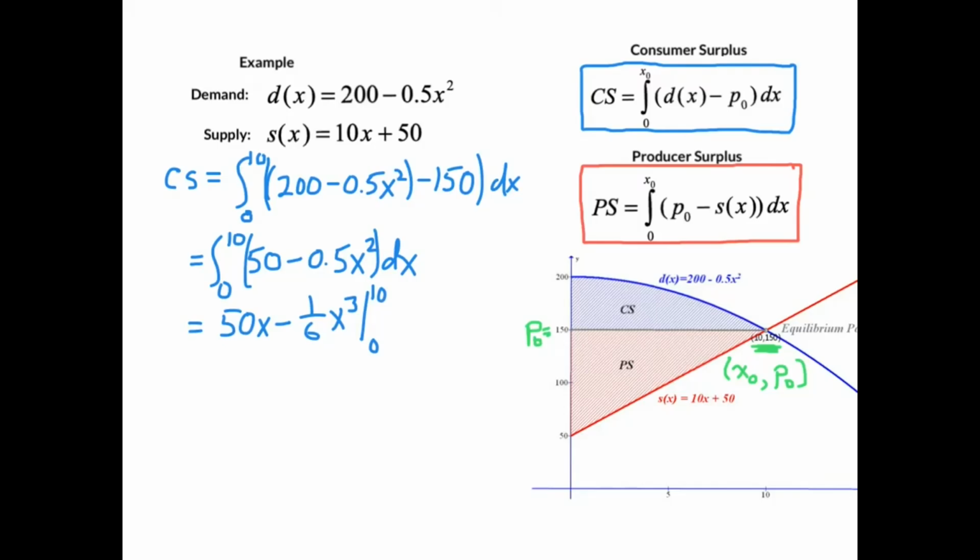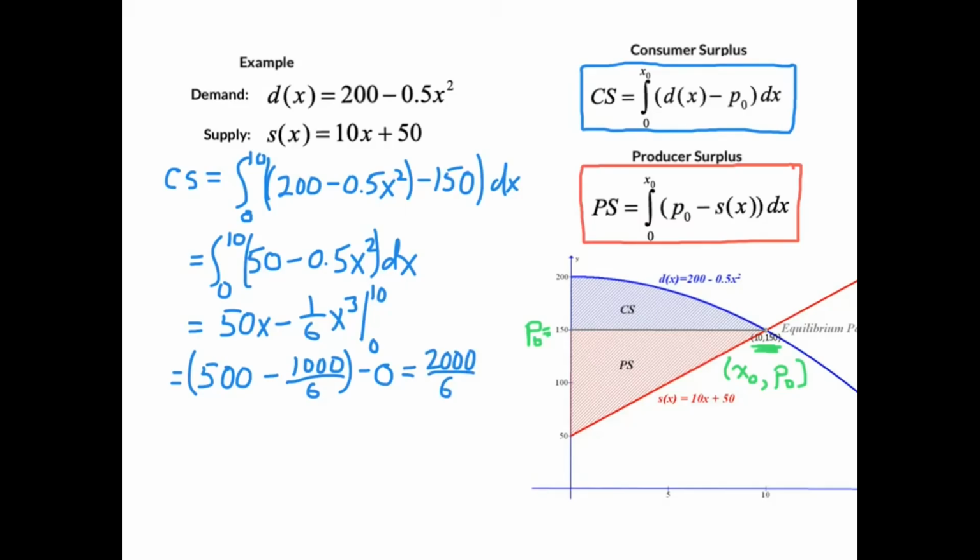And then we can evaluate that. On the upper bound 10, we have 500 minus 1,000 divided by 6. And on our lower bound, that's going to give us a value of 0. So if we combine those, we end up with 3,000 over 6 minus 1,000 over 6. So 2,000 divided by 6